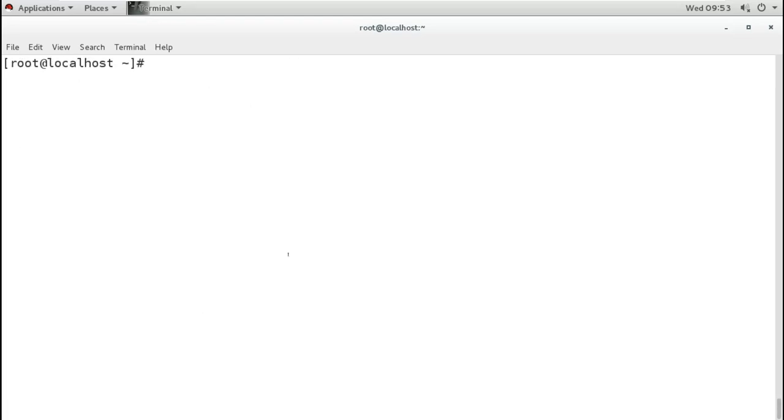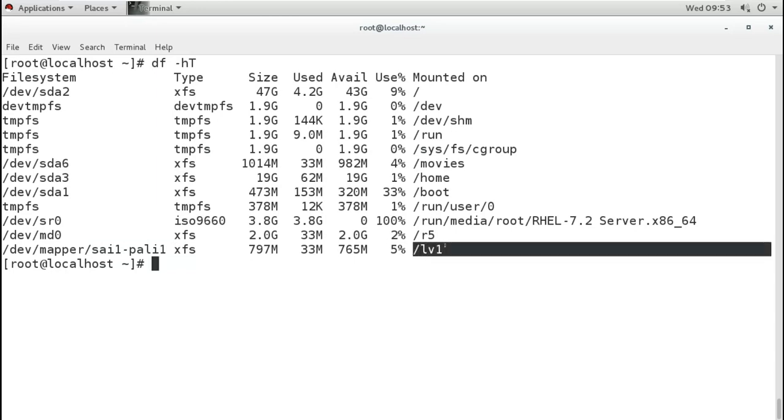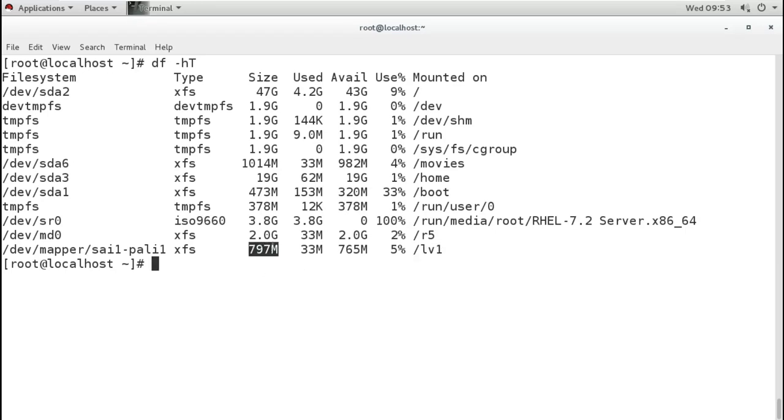If I check with the df -h command, it shows that it is XFS and still mounted on the LV1 directory, but what size is it showing? You can see it is still showing 800 MB. It is not showing the 1100 which we increased.